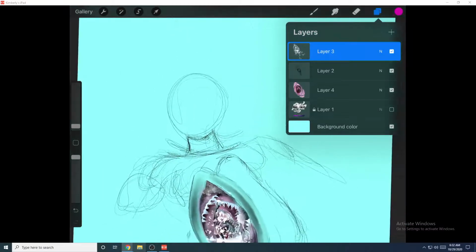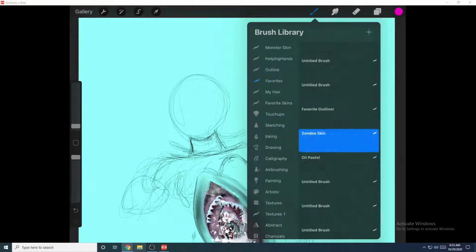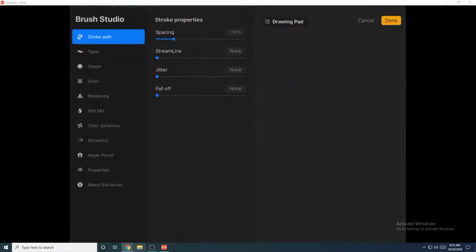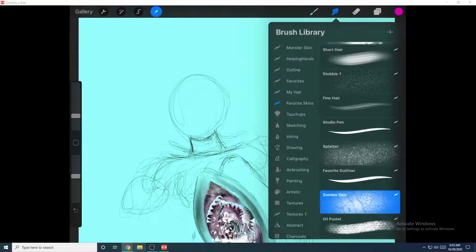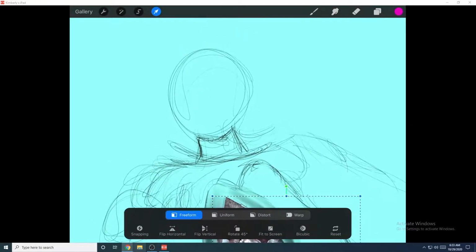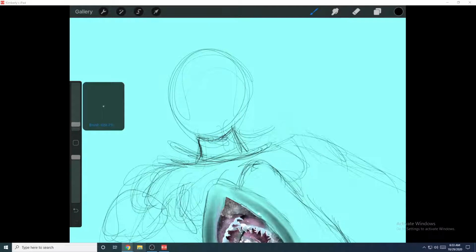Okay, let's change our brush back to soft brush. Okay, and then, but we'll still keep the zombie skin. I really like that one. Okay. Black. We'll give her. Try to decide the skin tone. Yeah, we'll just do outlines for now. We'll figure it out in a bit. All right. So,